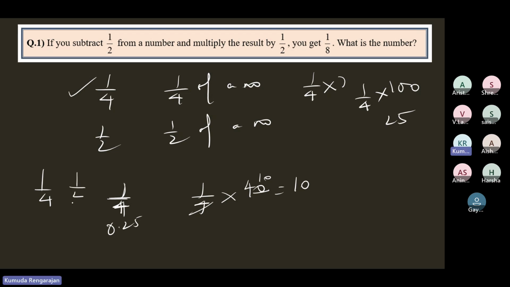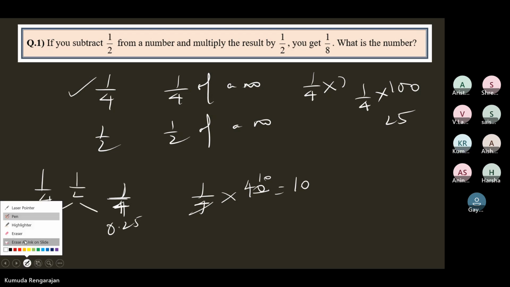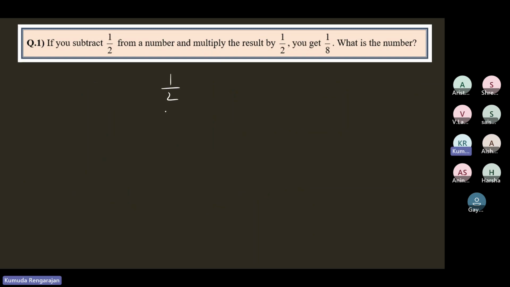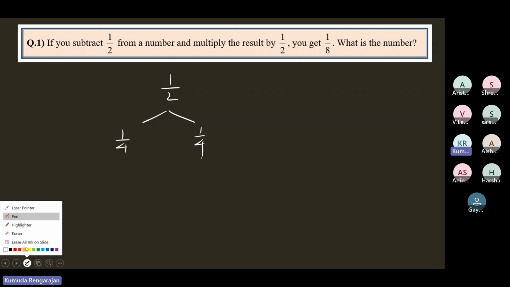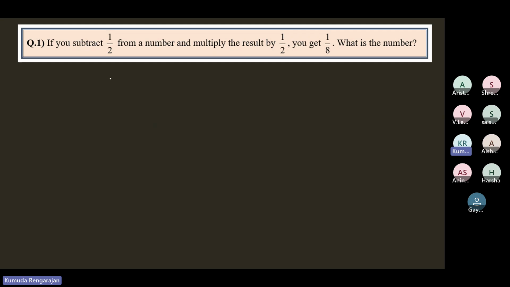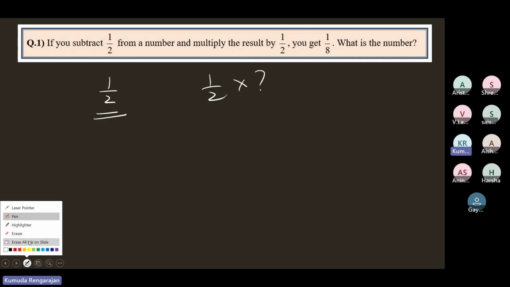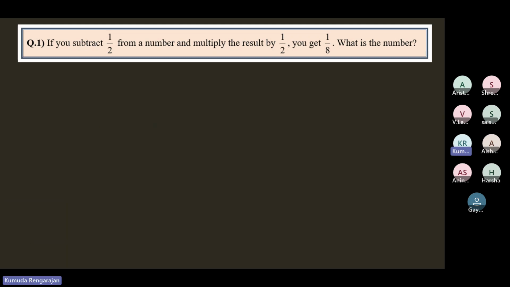When you make half into 2 equal halves, it is 1/4 each. So that's where we have to be careful. We need to understand if the question says half itself or half of something. Here, if you subtract half from a number, so half itself, the value 1/2 itself, if you subtract half from a number,